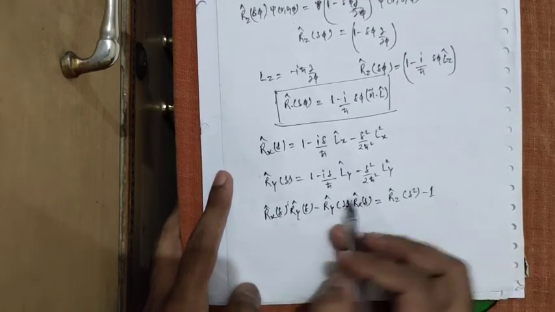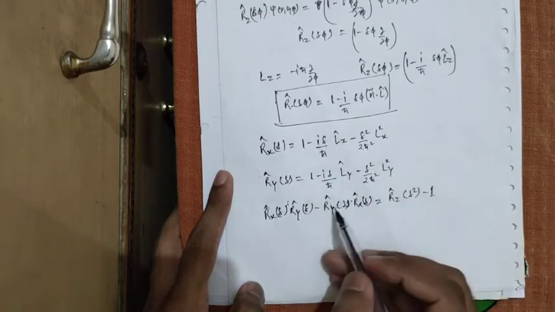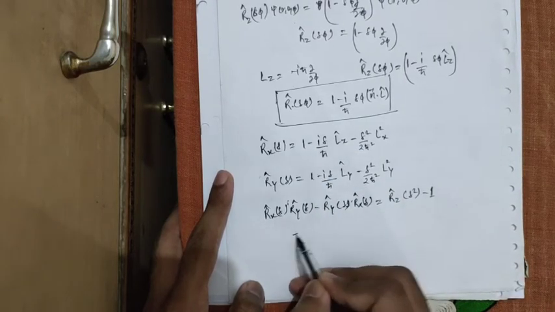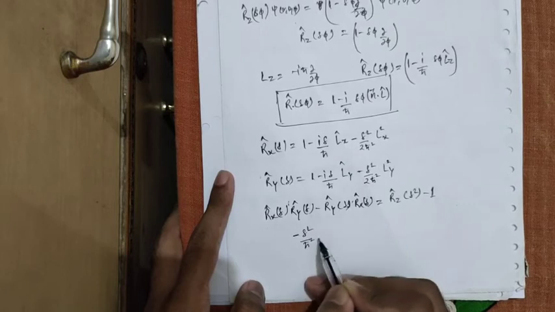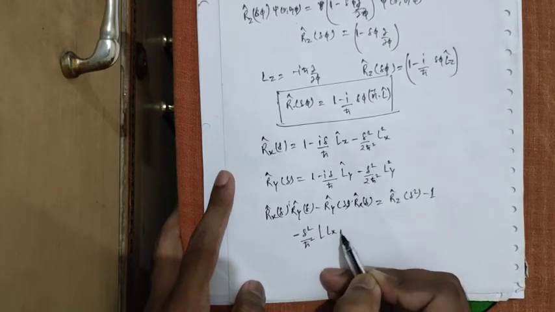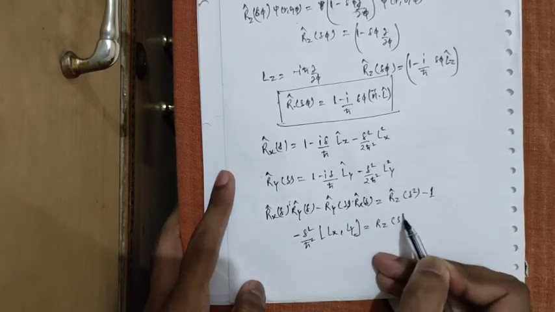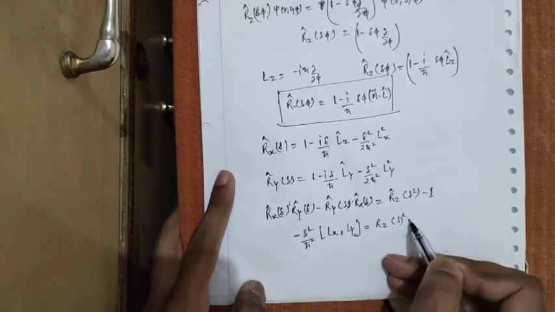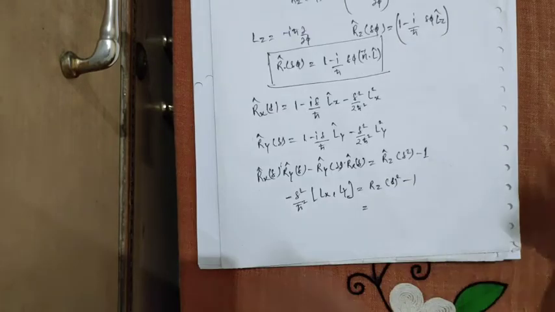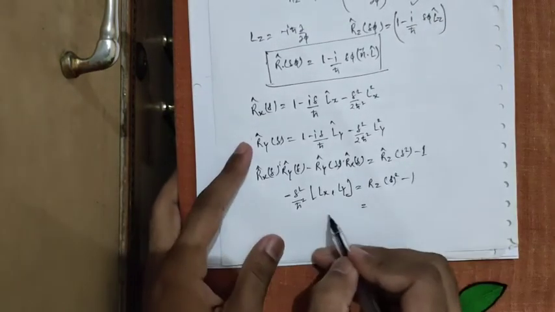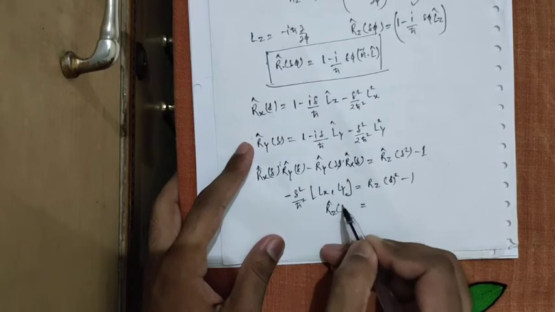Substituting all these Rx and Ry operators here, we will get minus del square over h cut square the commutator of Lx comma Ly equals Rz del square minus 1. With the help of this we can say that Rz del square phi